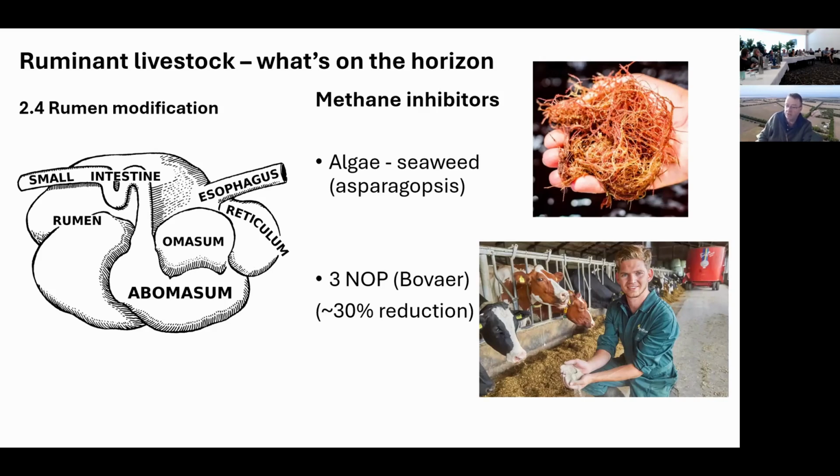It's now registered in Australia, used quite a bit overseas, and works reasonably well, or works well when you've got a set mixed ration that you can feed animals. So it's one that's being adopted quite actively in feedlots now, because you can put that in the feed and they can get a regular and ongoing dose of it, and they're looking at about a 30% reduction in emissions.